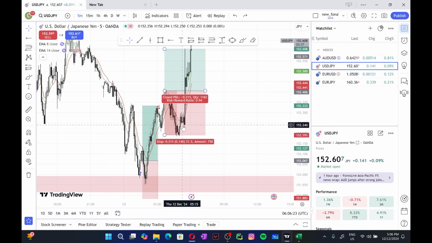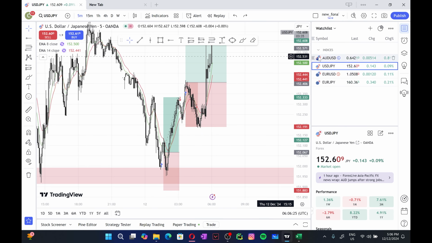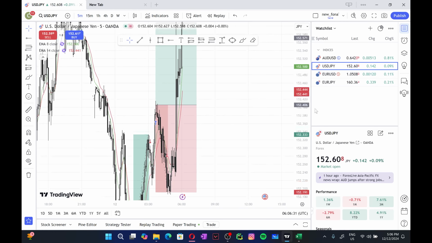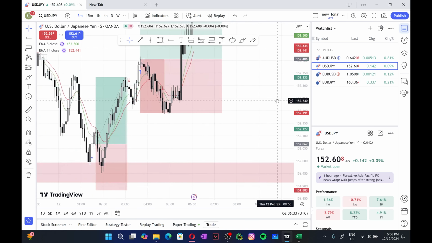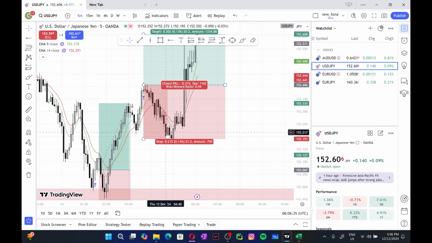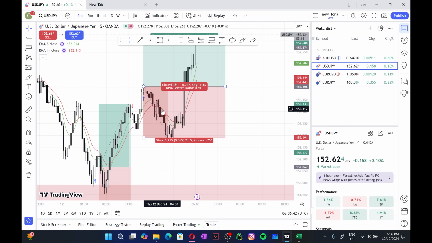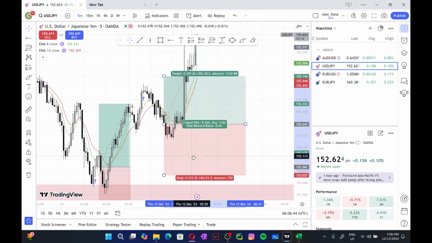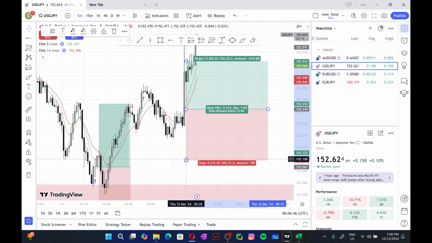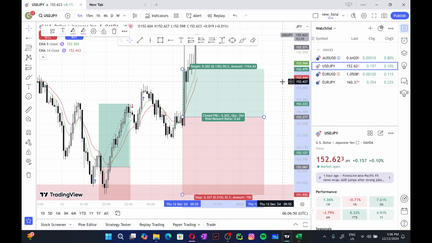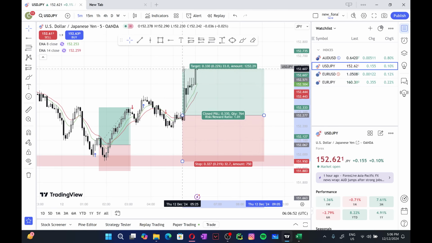Just after that, there was a huge hike in the market, and we could have taken the profits, but unfortunately we did not. And one more thing is, the mistake which I've made here was that I should have waited for the price to go down and then for the crossover. So I didn't wait for the confirmation, so I just took a trade blindly. If I would have done that, then I would have taken my trade like that and my stop loss like that and my take profit like that.